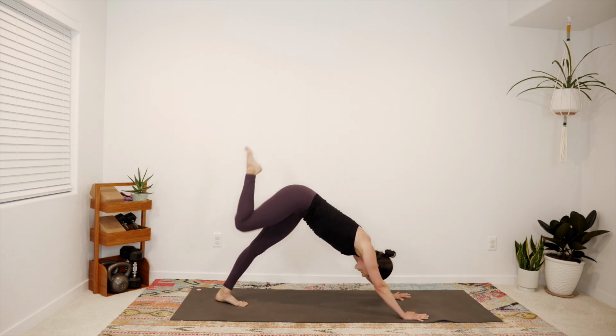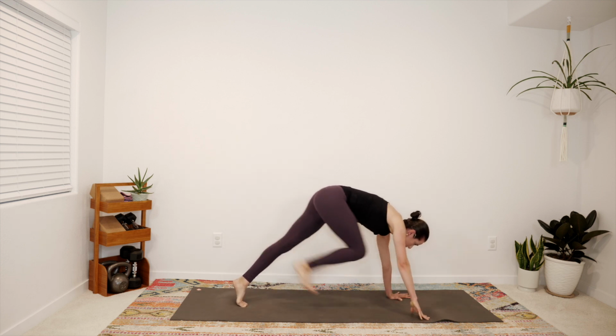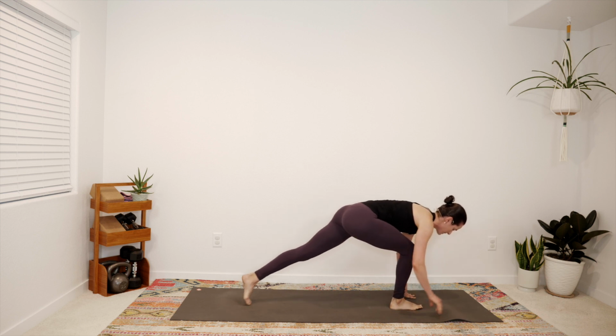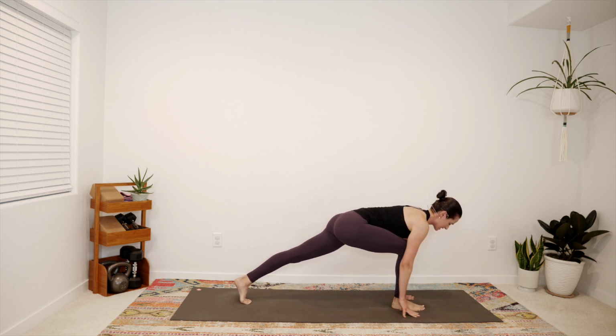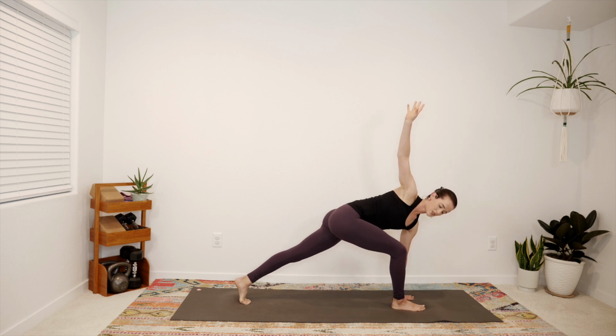On your exhale, hug the knee into chest. Round in the upper back. Create space. Step your right foot through between your hands. Left hand stays planted. Inhale, right arm twists open. Gather that strength to the center, hugging thighs to the midline. And then gaze forward